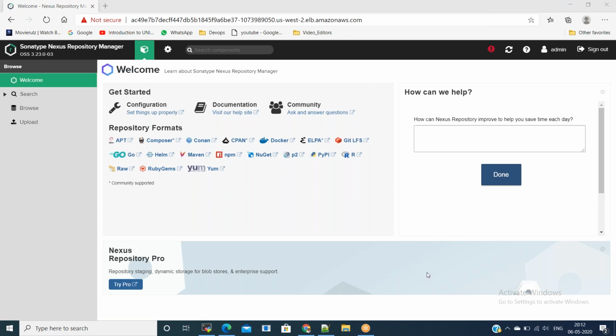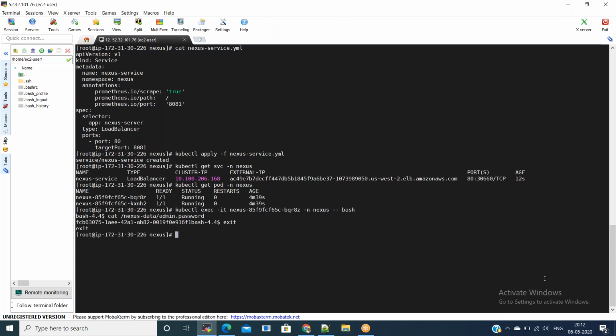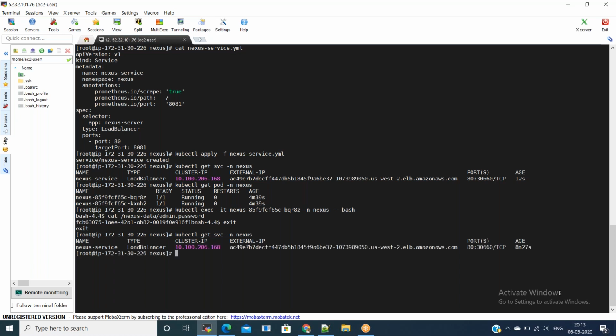If you want to delete the infrastructure, you can just delete the deployment, service, and namespace one by one. We'll start with deleting the service, then we will delete the deployment, and then the namespace. You can get the service using kubectl get service under the namespace nexus and delete the service. As and when you delete the service, your load balancer will be deleted automatically. And I mentioned all these things in my GitHub README file. You can refer to them as well, and I will keep these things in the YouTube video description as well.